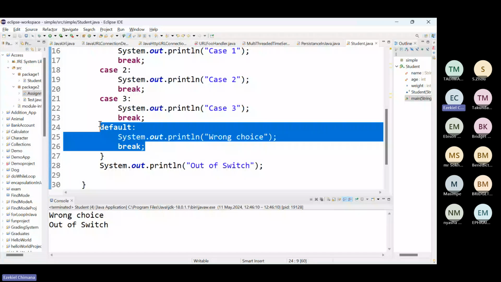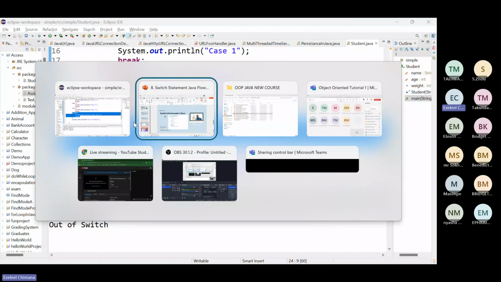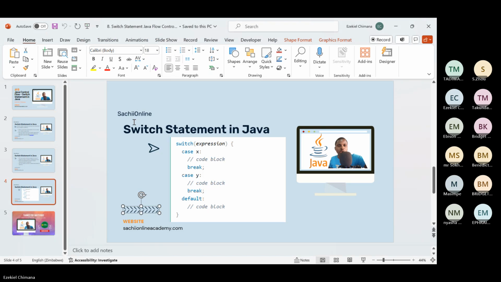I don't know if you've got some problems with the switch statement. It seems like everything is okay, right? So if everything is okay,